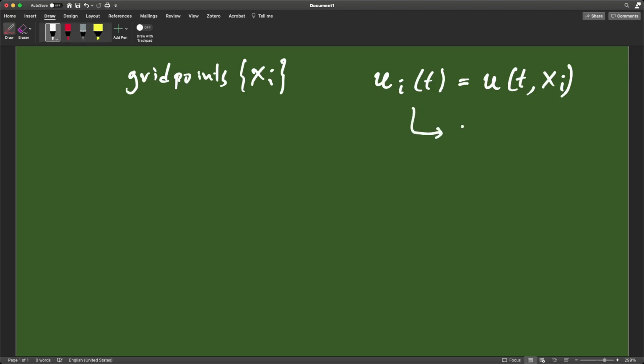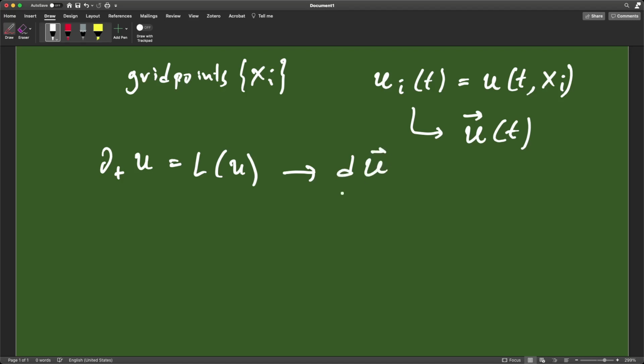So this is now represented by the vector u, which is a function of t. And that means we can rewrite this equation, partial t u equals L u. This will now have the form